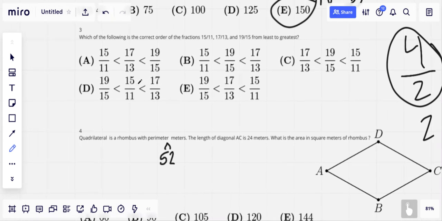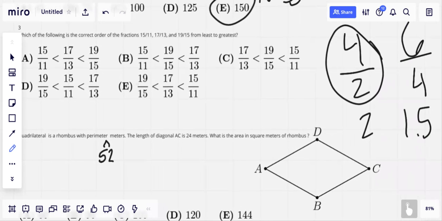So this question is asking us from least to greatest. So we know that 15 over 11 is the 1, then 17 over 13 is 2, and then 19 over 15 is 3. So 19 over 15 should go first,